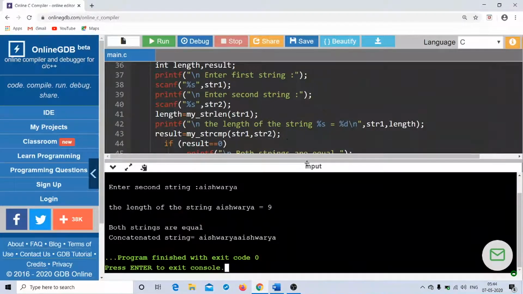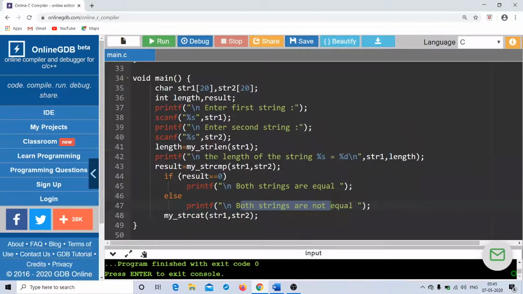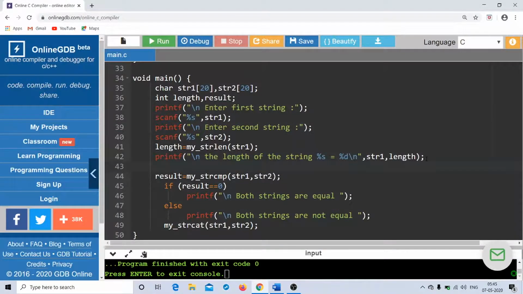So I can also try to compare this user defined function with the library function, correct? And then what I can do is I can just write here, and I just say printf. I just put \n.